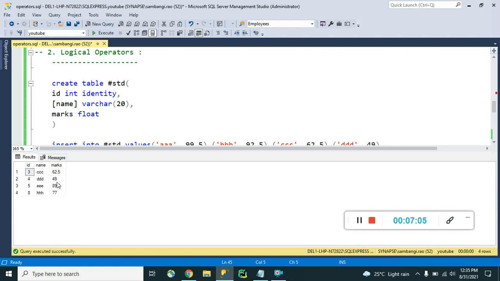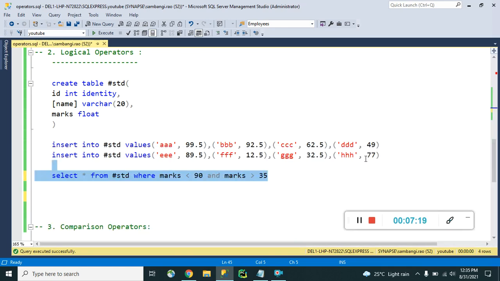In this result table, we don't have the guys who are having marks below 35 and who are having marks greater than 90. Okay, these logical operators will be helpful to us like this. When we want to write AND, it will give the result set like